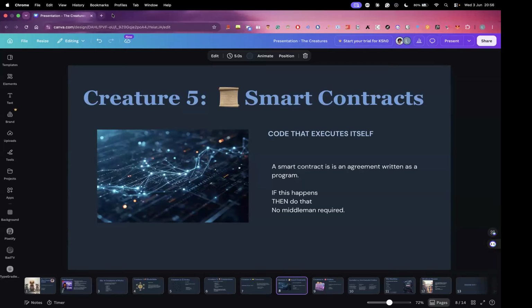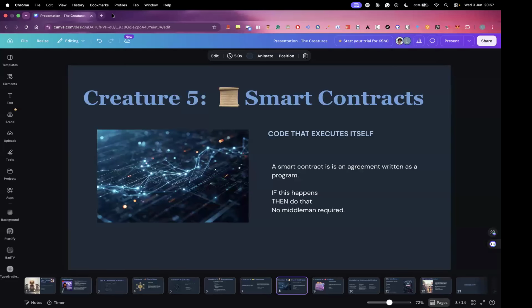The logic of smart contracts is usually in the form of if statements. If you've written some code in Python, whatever, you must be familiar with if statements, where you say if or when X event happens, then execute some Y action. Or if this happens, then do that. In this case, we don't need anybody enforcing this code as long as we have it on chain and the conditions are met. Whenever a function in our smart contract is invoked, or our smart contract address is called, the conditions are checked.